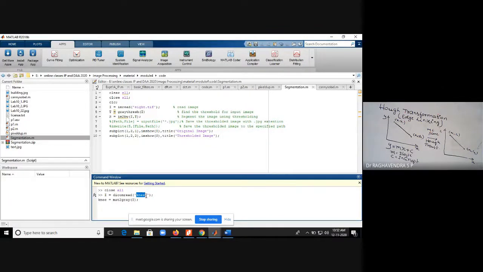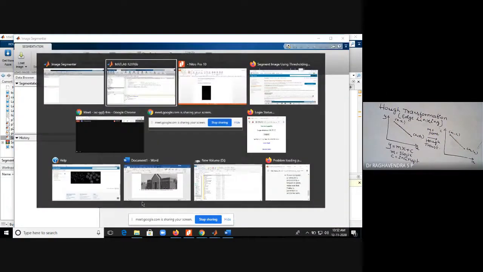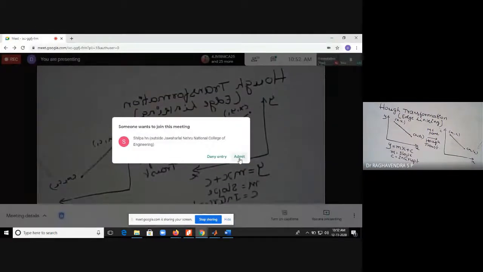This knee image has been taken here and it will be converted into grayscale using mat2gray. So I am going to click here. The knee image will be loaded into the segmenter tool so that we can extract only the bones instead of tissues.